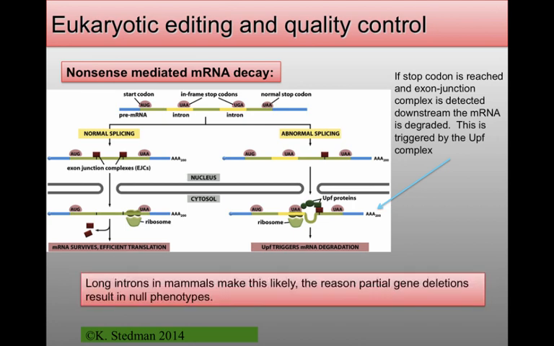Now, the way that these things get broken down is, again, through cleavage of the RNA. Why is cleavage of the RNA so important in terms of getting rid of it? If you chop the RNA, that leaves ends. And right at the beginning of this part, I mentioned the exonucleases. If you don't have a cap or a poly-A tail that's bound to the poly-A binding protein, that's all going to get chewed up. So as soon as you have cleavage, then the rest of your RNA is going to get broken down really fast. Again, because of all these exonucleases that are here.